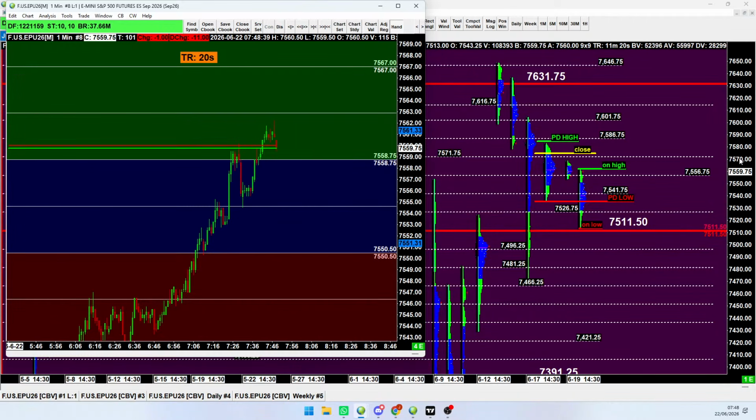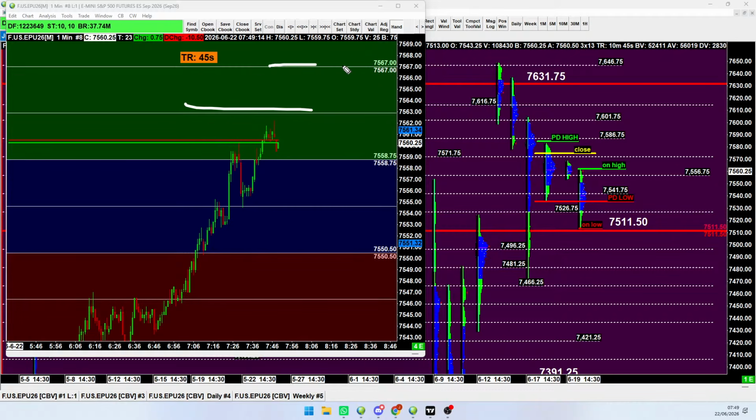Now, overnight inventory is still short. I am using Thursday's references, because Thursday's the last RTH full session. So inventory was short. Our low was 75.13. We went down and we checked out that 75.11 and we were rotating up. So the targets are these little white dotted lines if you're a longer term trader. And you can use these ones